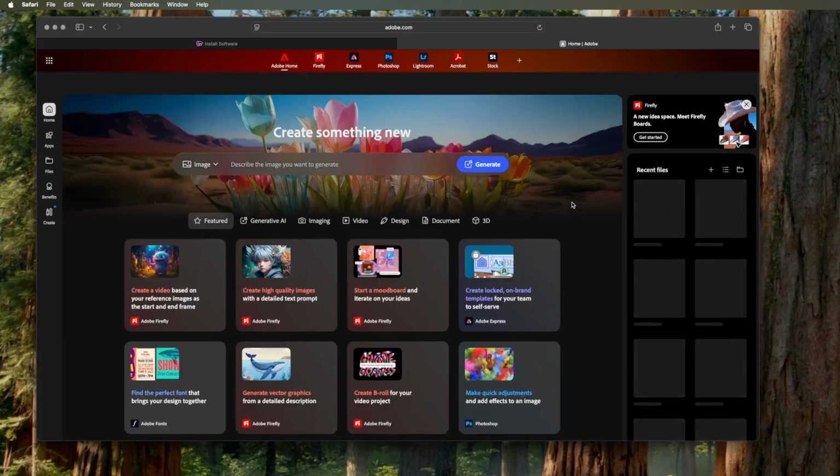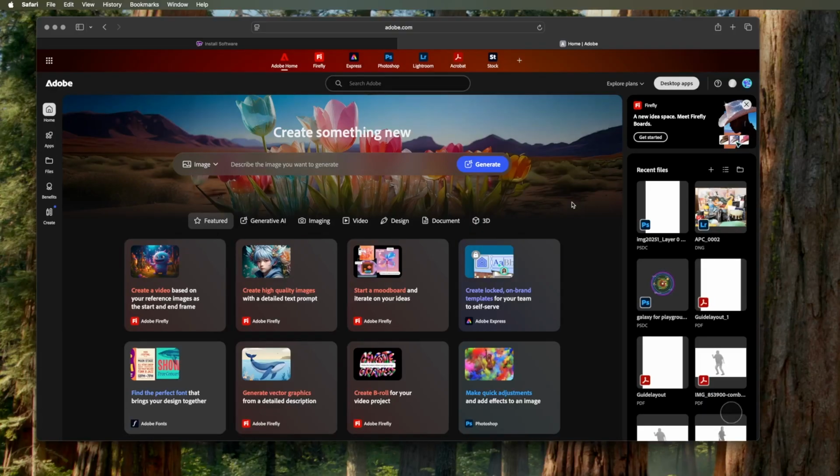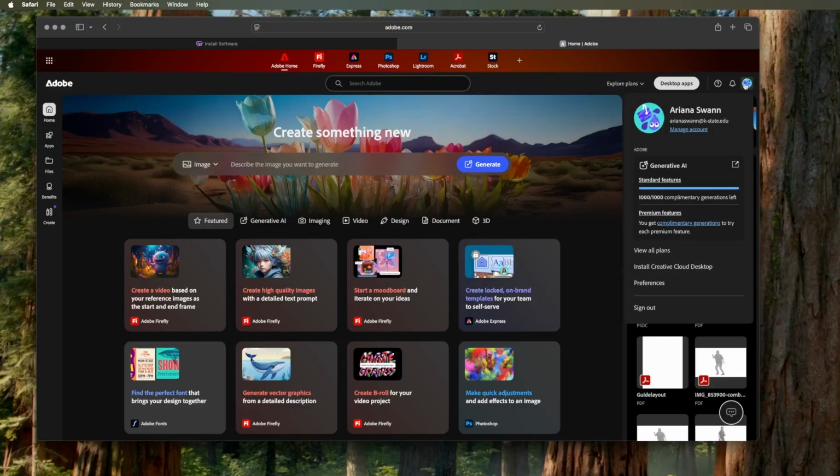Once you've done that, make sure that you go ahead and get the student rate, so it should be no more than like $19 or $20 a month, you'll want to install the Creative Cloud. So click on this little icon over here and then click Install Creative Cloud to your desktop. Make sure you put that on your desktop and not on your cloud, and just follow the installation prompts as